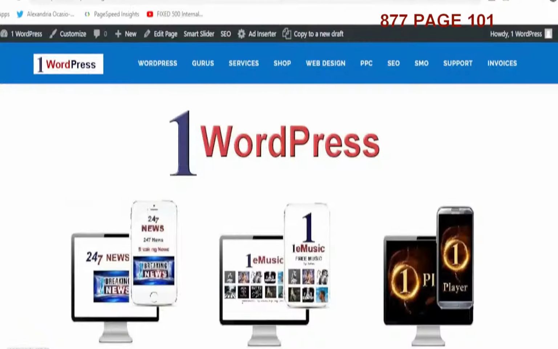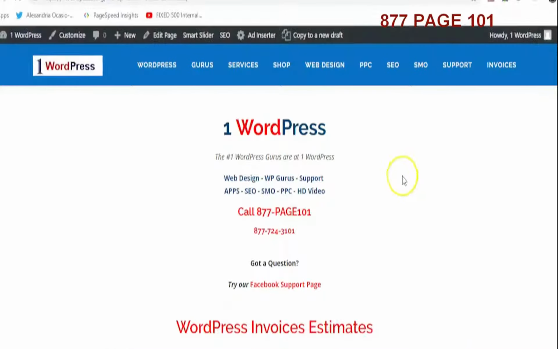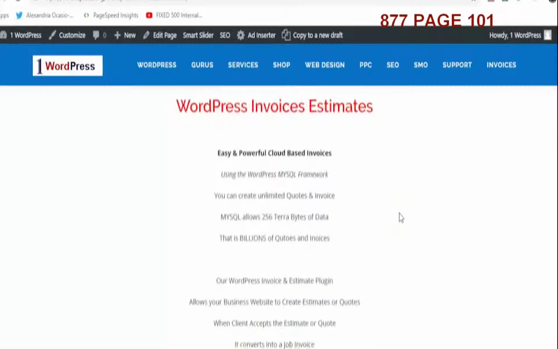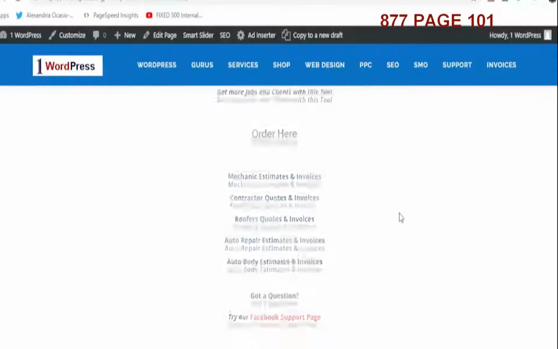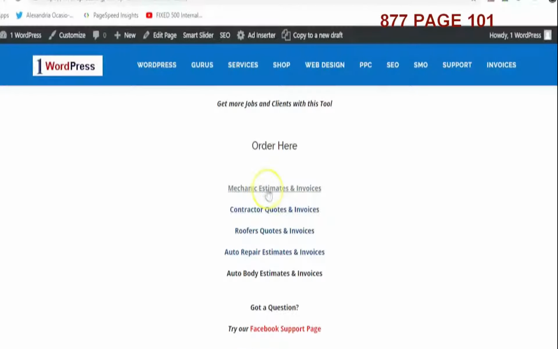This video is about the WordPress Invoice and Estimate plugin. Our site is onewordpress.org. You go to the site, you'll see up here on the right hand side it says Invoices. When you click that, on the invoice page you can see information about the plugin and sample plugins like mechanic estimates, contractor, roofers, etc. So if you click one of these links,